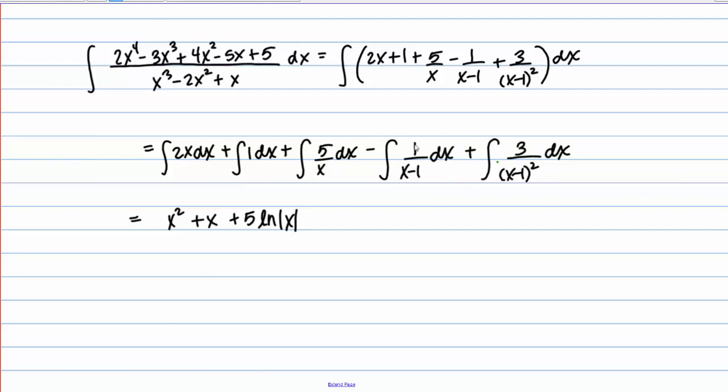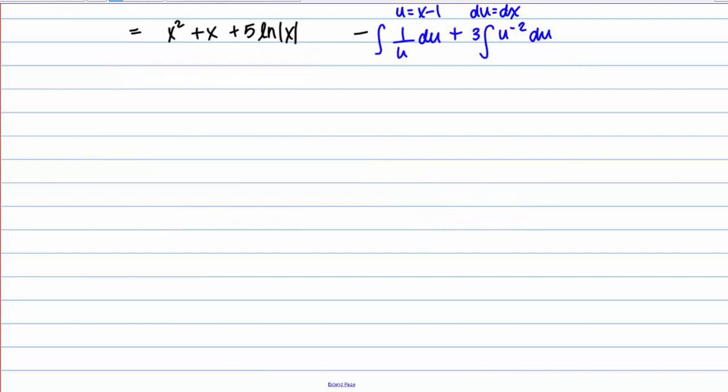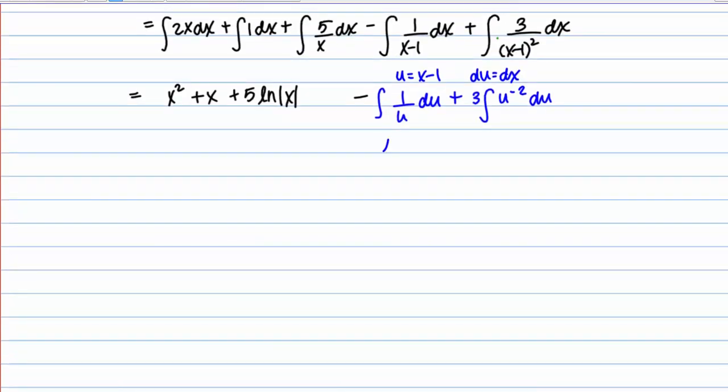If it's helpful for you, you can do a u substitution. And actually we could use the same substitution on both of these, right? Because they both have this x minus 1 expression in the denominator. So let's let u equal x minus 1, in which case du would equal dx. So then I end up with the integrals 1 over u du plus 3 times the integral. This is going to be 1 over u squared, so I'm going to write it as u to the negative 2 du. So this integral of 1 over u du, of course, is going to give us the natural log